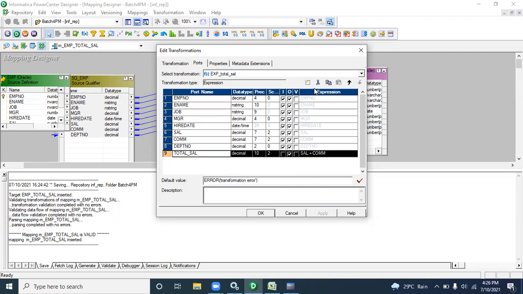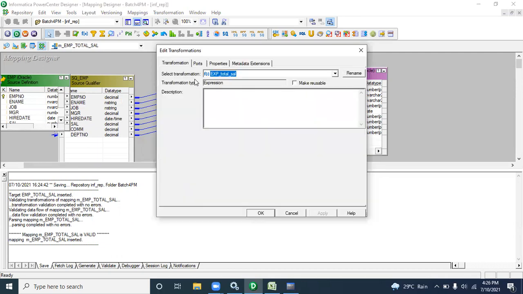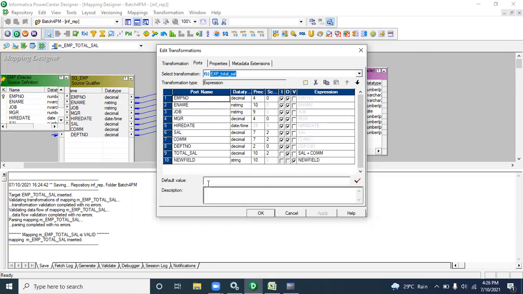Let me show you what the variable port means. Let me create one variable port and click it. I am not writing any logic, but let me show you. When you create the variable port, are you able to see it? No, right? But when you double click that transformation and go to ports, you can see the variable port there. That indicates it is valid only within the transformation.